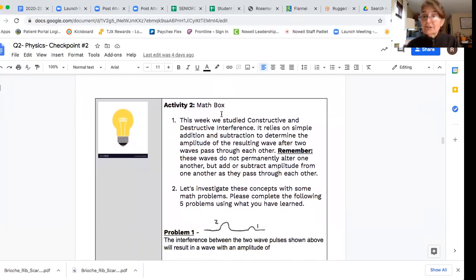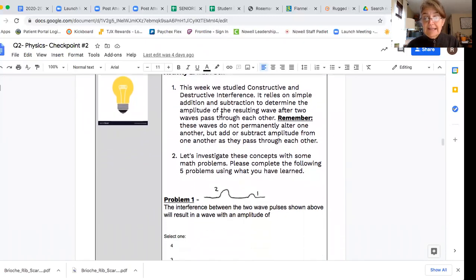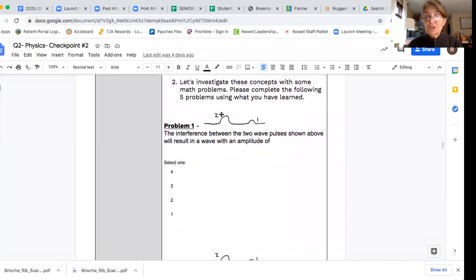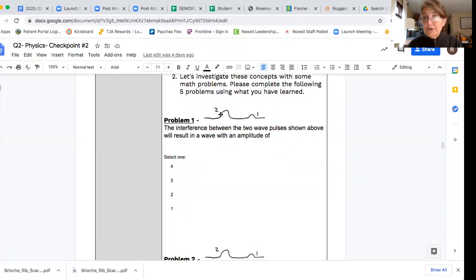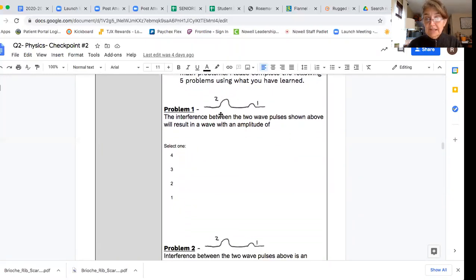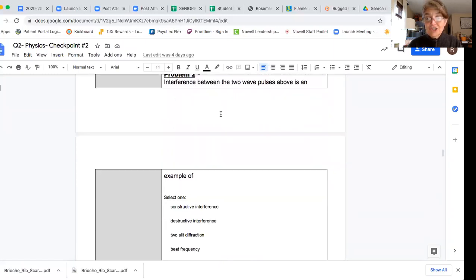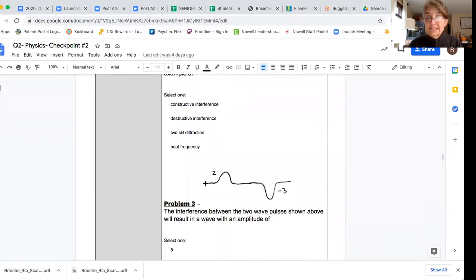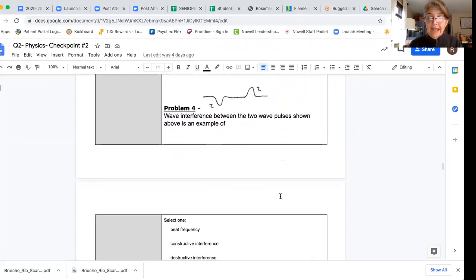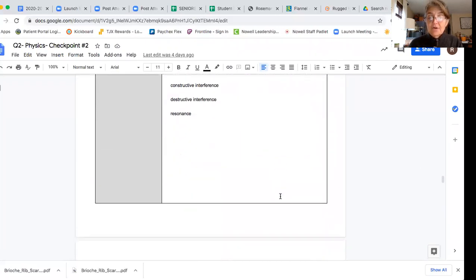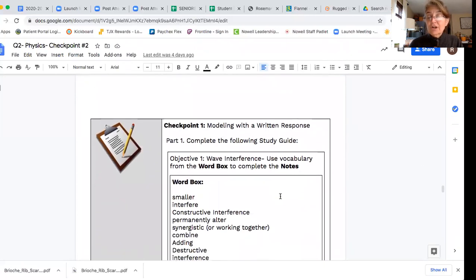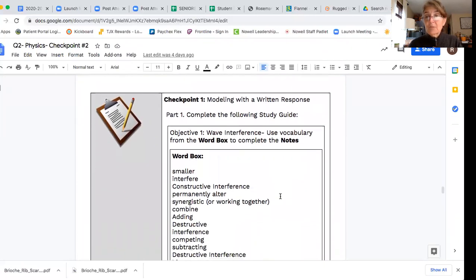In activity number 2, it's our math box, and here are waves in which you're going to see interference, both constructive, here, 2 crests are going to match up, and here, destructive, a crest and a trough, okay? And some problems. Finally, we're going to go into our checkpoint, and here is where we're going to really check